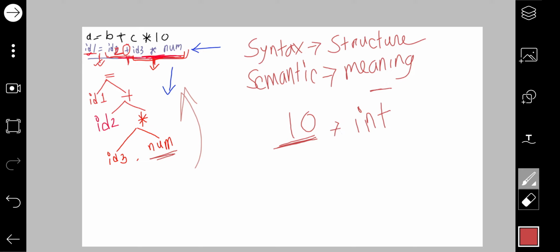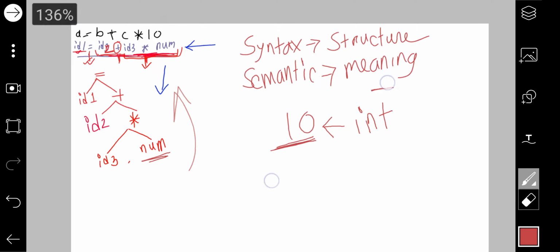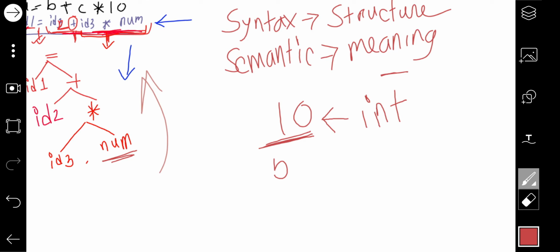So actually 10 is an integer here. Now what if the values of b and c are not integers? What if they have decimal points in them, suppose these are floating points?